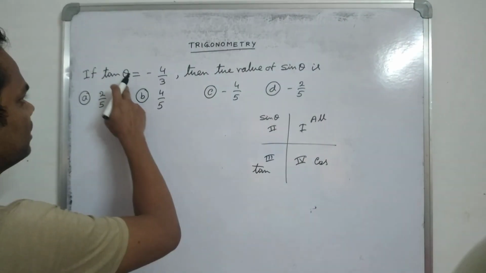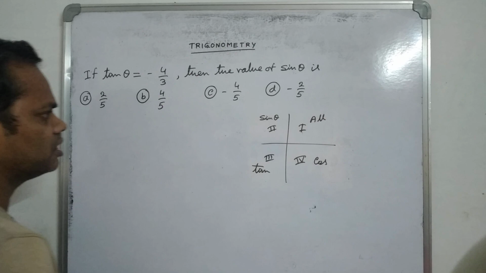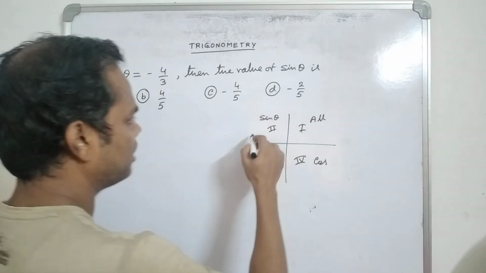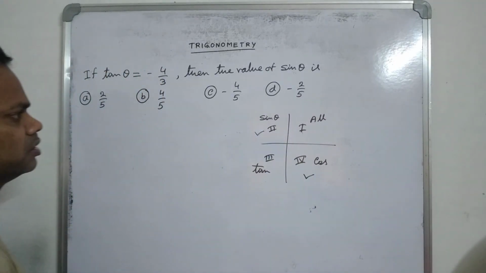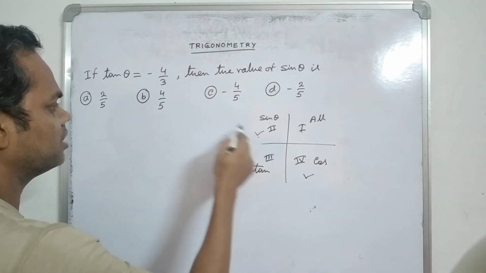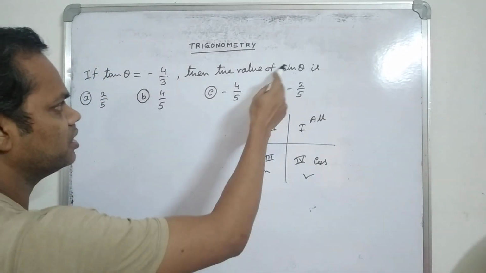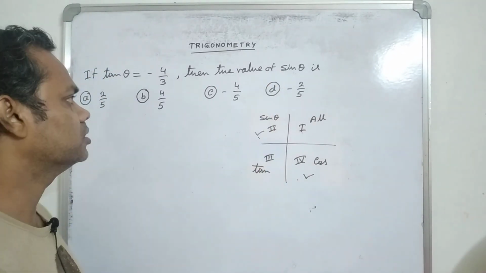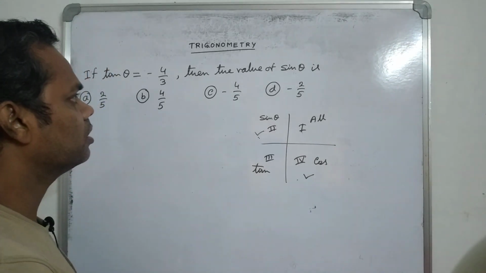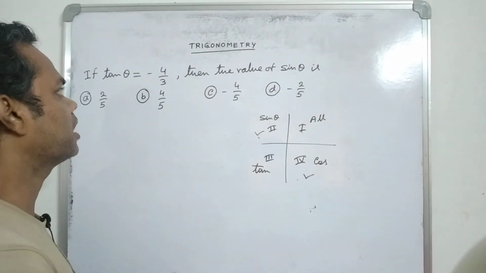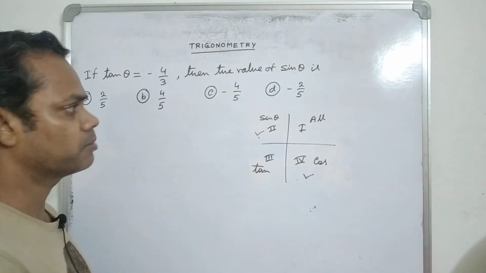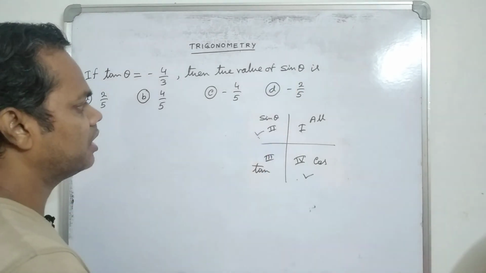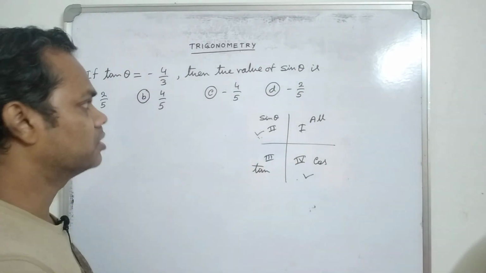So you see that here tan theta is minus 4 by 3. So this angle theta lies either in the second quadrant or in the fourth quadrant. That means sin theta is positive when theta lies in the second quadrant, and sin theta is negative when it lies in the fourth quadrant. We don't have any other clue or condition to decide in which quadrant theta lies, so theta can lie in the second quadrant or the fourth quadrant,